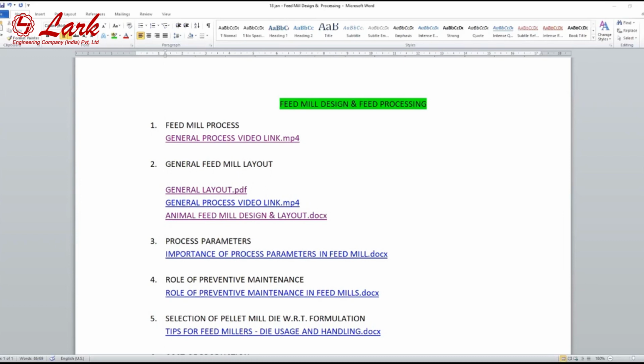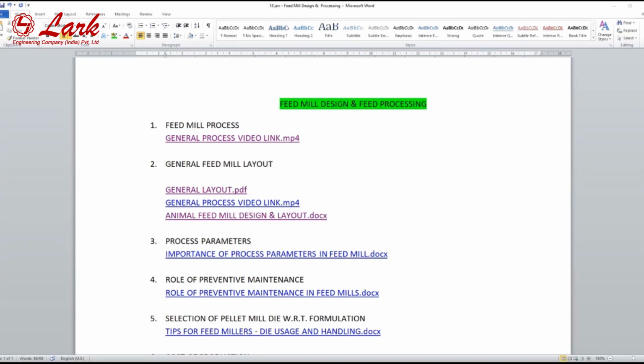Weighbridge done. The boiler chimney height norms are as per the boiler and the government norms. For example, in Haryana the norms are that the chimney should be up to 27 or 30 meters. Before installing a feed mill, you have to check with your local norms and the government regulations, what will be the requirement of the government with respect to the chimney norms and the dust emissions. For example, in the nearby NCR region in India, government